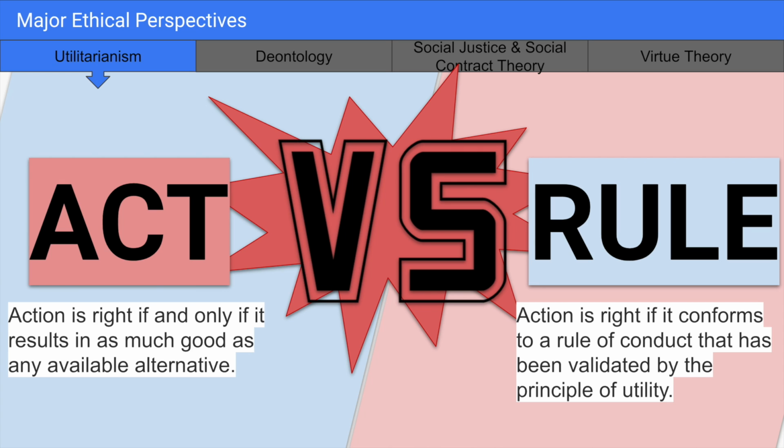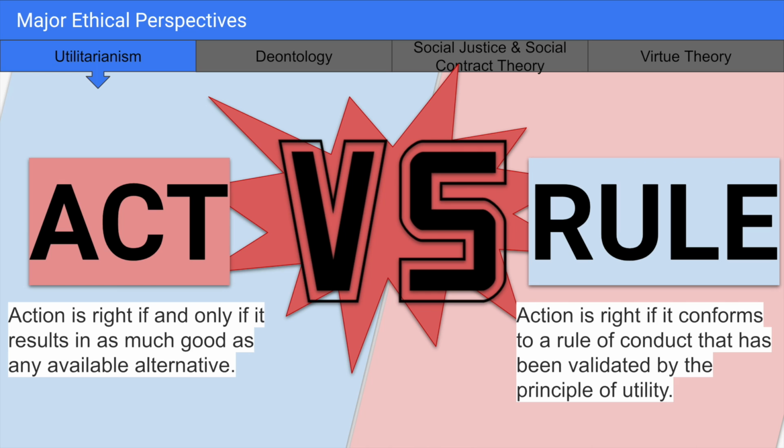Under rule utilitarianism, the focus is on what rule or principle, if followed regularly, will create the greatest good. Rule utilitarianism supports rules that, on balance, produce the greatest good. This perspective assesses the consequences of following a particular set of rules. It asks whether there is justification in harming a small number of people in order to save a larger number of people.